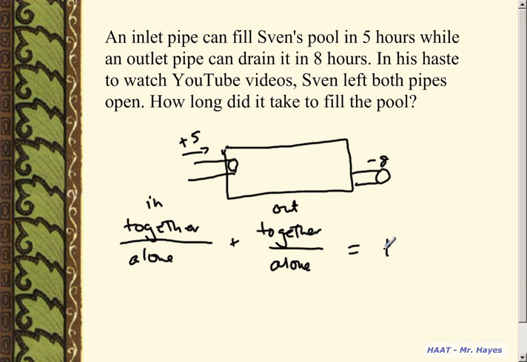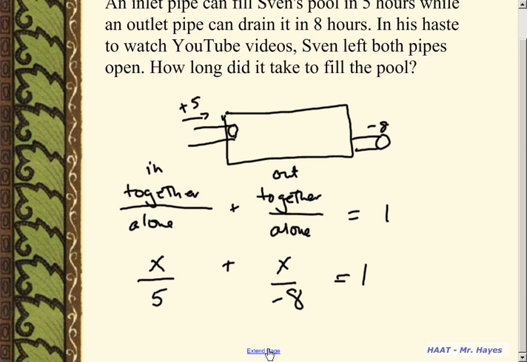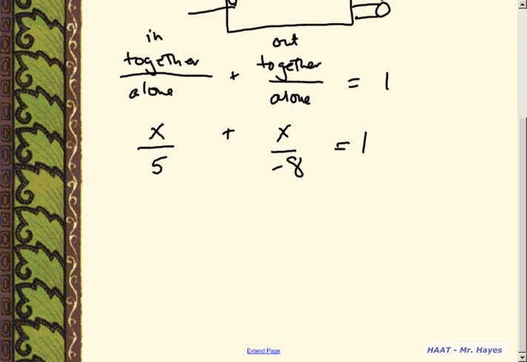This is all 100%. So in this case, we don't know how long they're working together, so those are going to be x. We do know it takes 5 hours to fill it, but it also takes 8 hours to drain it. Now, since it's draining it, we're going to make it a -8, and that's going to equal 1. So now, according to our rules, we're going to multiply everything through by the common denominator. The common denominator here is going to be 40, because the negative can just slide up here. So when I multiply everything through by 40,